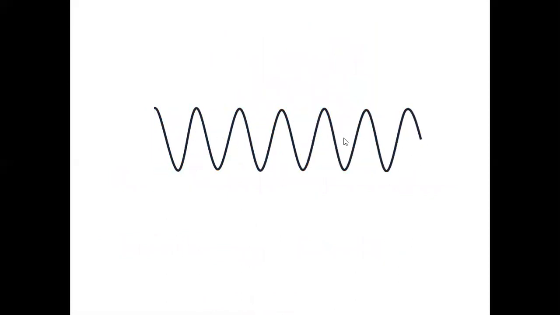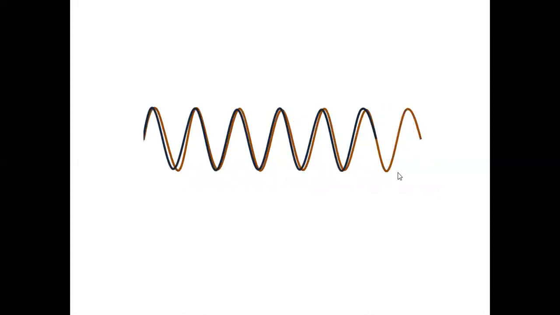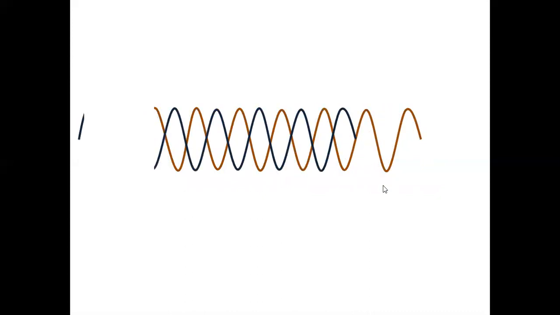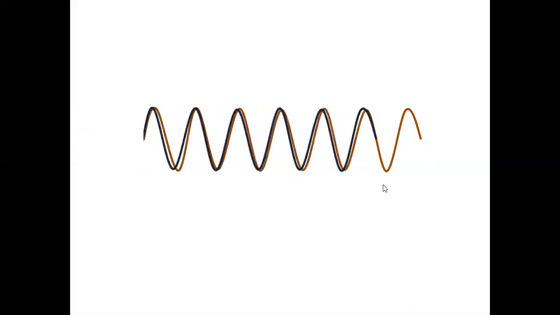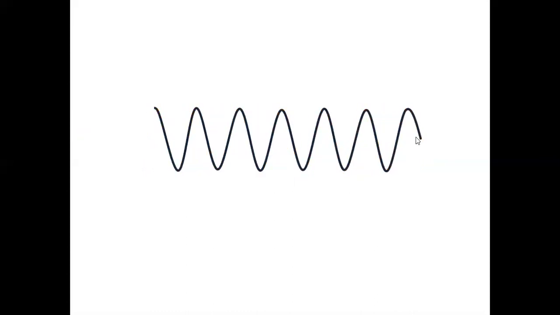If there is no path difference between the two waves traveling together, superposing in the same medium, like two water ripples, then it is constructive. You will get the resultant maximum wave. That is n equal to 0, 0 lambda. Then n equal to 1 lambda, then n equal to 2 lambda. Correct? All constructive.